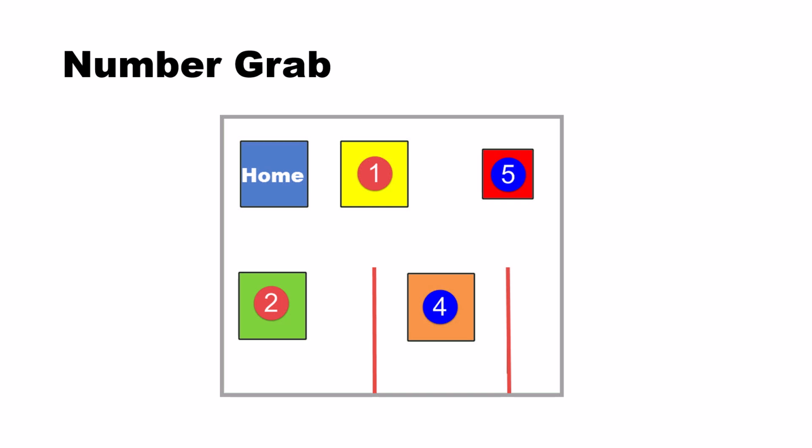Students have to grab as many numbers as they can in 2 minutes. So they could go from 1 then to 5. But they only count if they get the numbers back to the start. So they go back to 1 and then to the start and score 7, and then they can set off again. Alternatively, they can get to 5 and then oscillate between 5 and 4 before making a break back home.